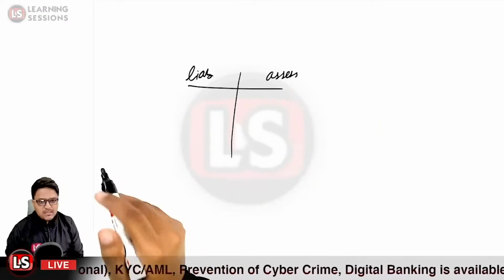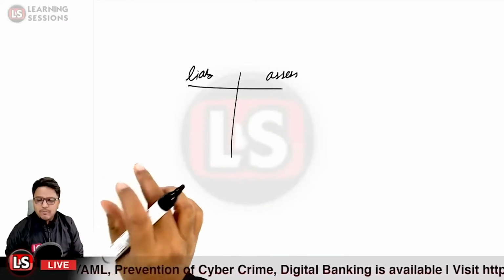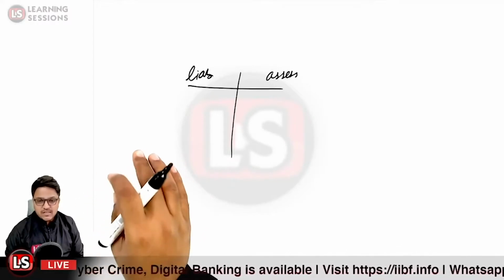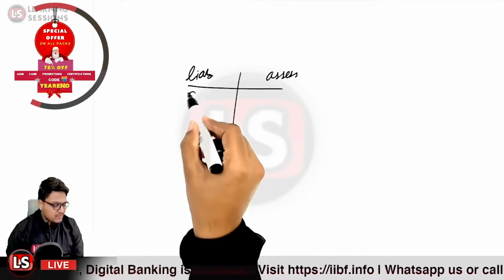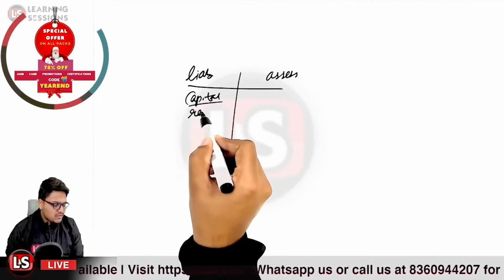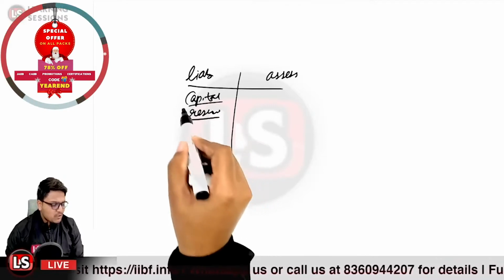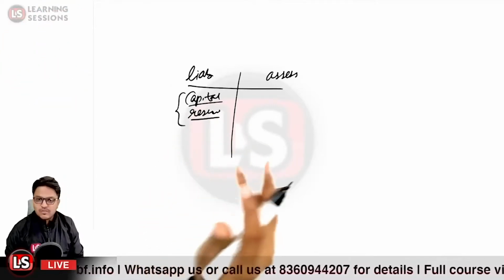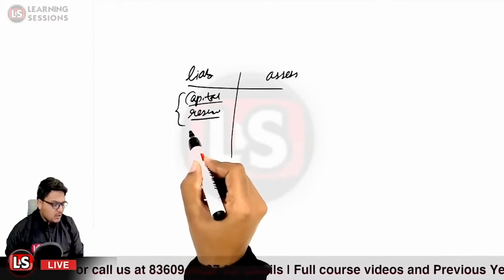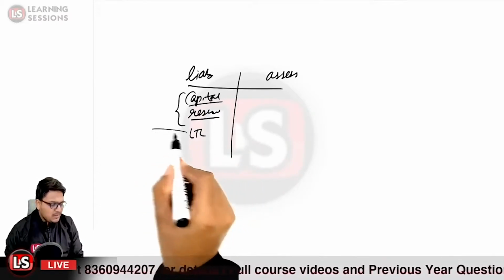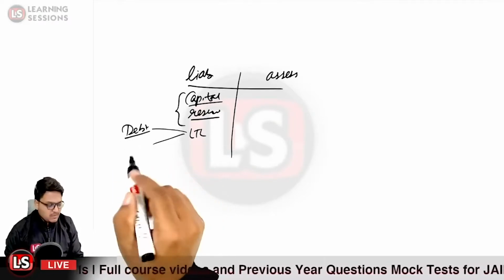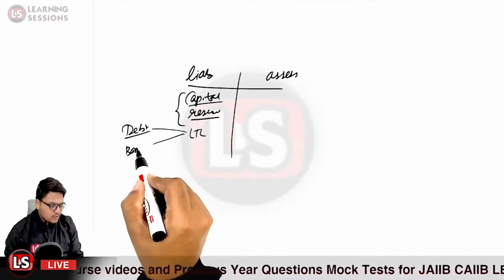Now liabilities are those which are to be paid off by the business entity itself, whether it is capital, that is the owned funds, or it is related to reserves, or surplus. So those are basically the components of net worth. Other than that, there are other liabilities, maybe long-term liabilities, related to debt instruments, that is bonds or debentures, or bank loans for the long term period.